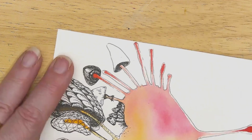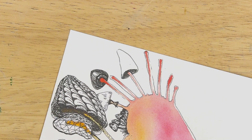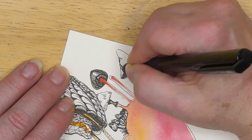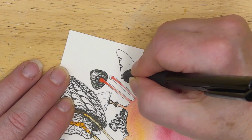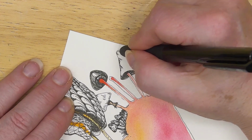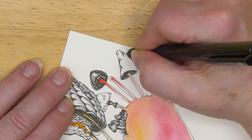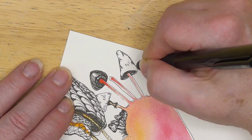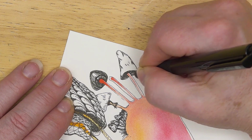Look at how that worked. You can work it out. You are not limited by where your pen puts a mark. Just work it out. And if you need ideas, say you're like, I have no idea what mushrooms look like,